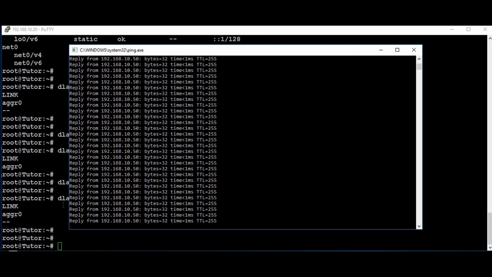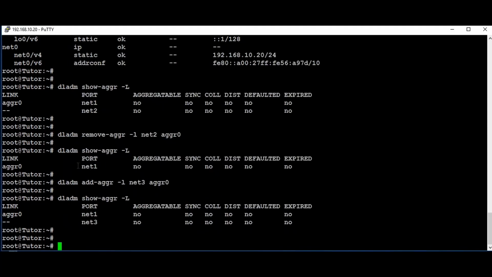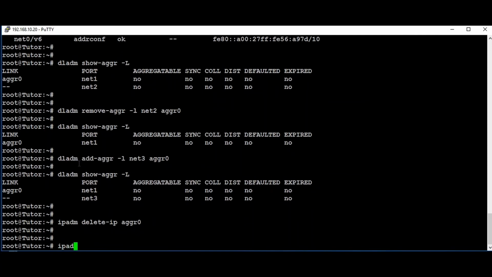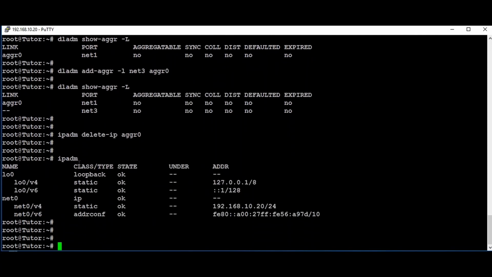Now I am going to clean up the aggregation that I created on this server. First I am going to unplumb the interface. ipadm delete-ip aggr0. I have just done the unplumb, and the interface is no longer showing.